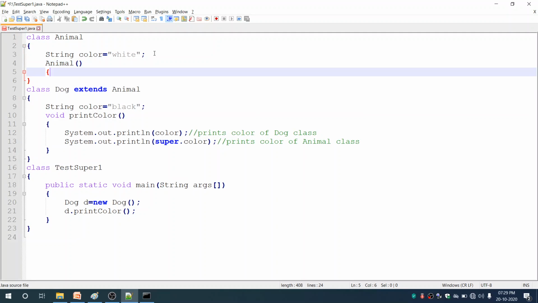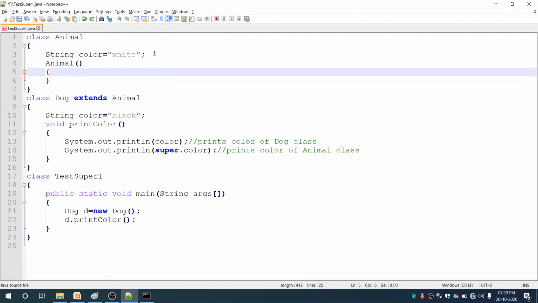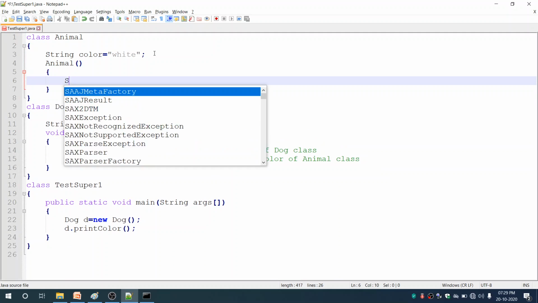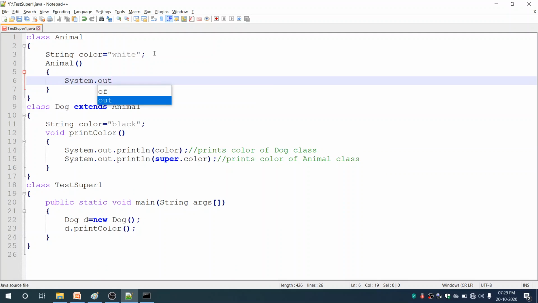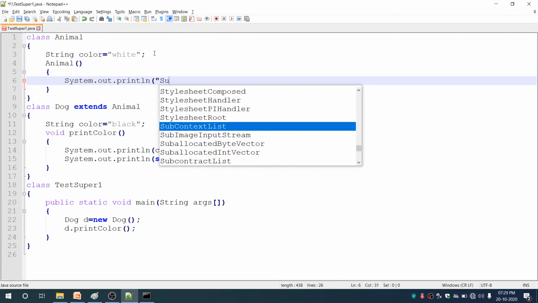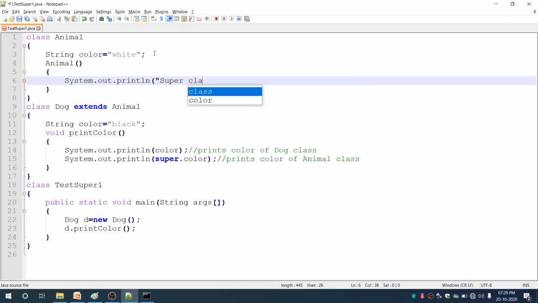So this is the parent class constructor, and I'll put one printing statement, System.out.println, saying super class constructor. So this is our super class constructor.